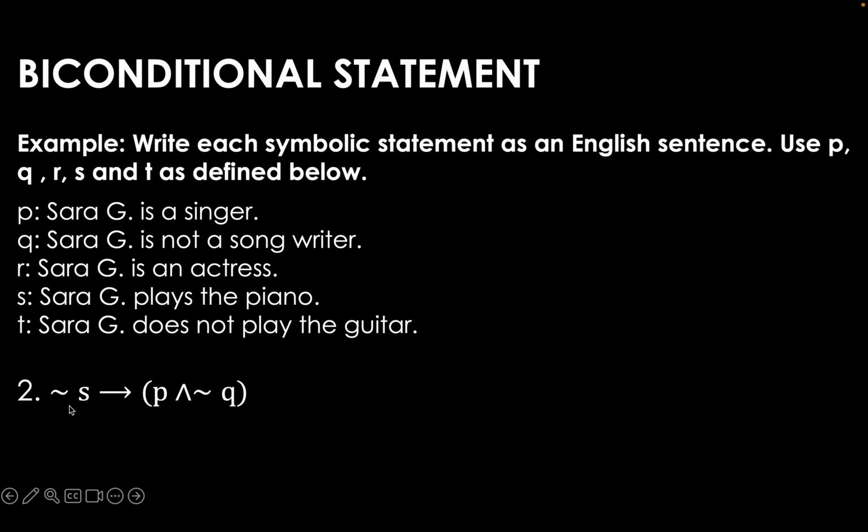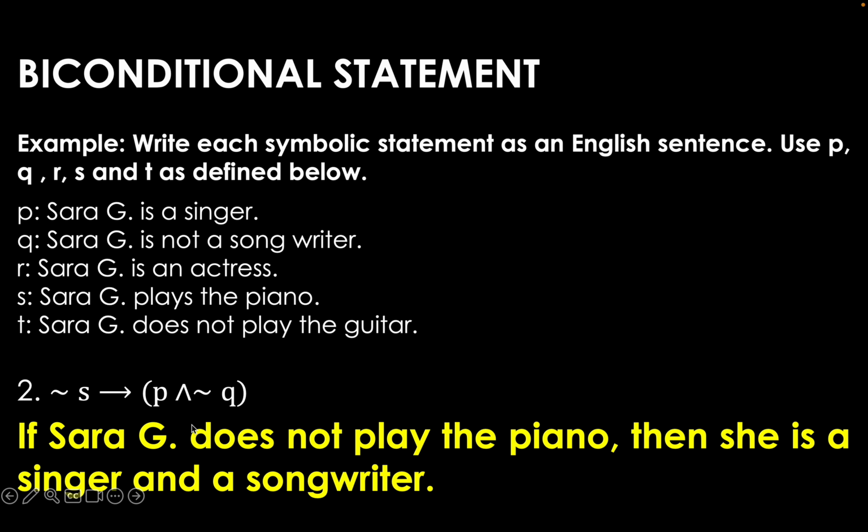Next one, we have not S. So we have here a conditional statement: if not S, then P and not Q. So not S is Sarah G does not play the piano. And then P is she is a singer, and the Q statement is Sarah G is not a songwriter, so not Q means she is a songwriter. So let's have the sentence: if Sarah G does not play the piano, then she is a